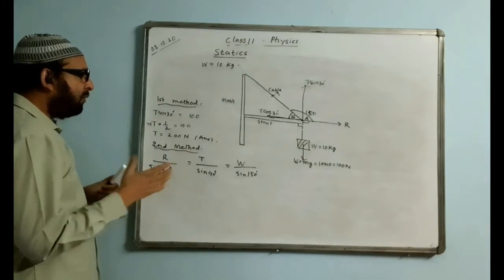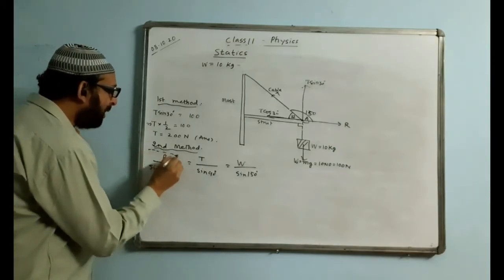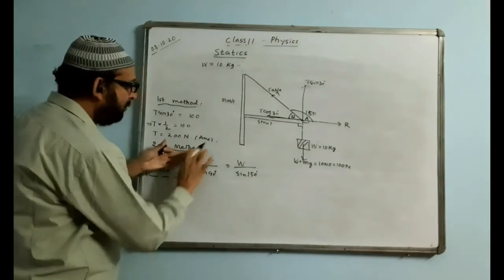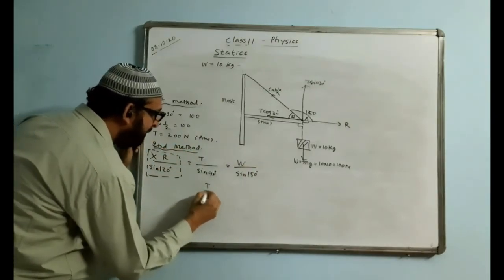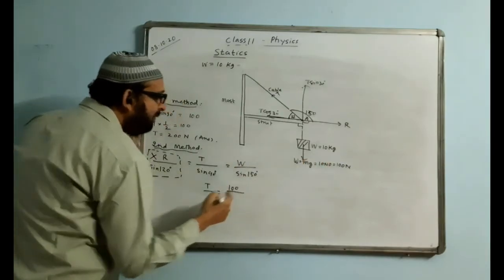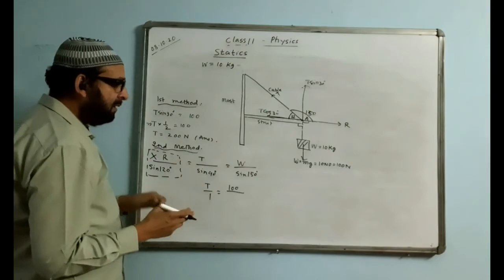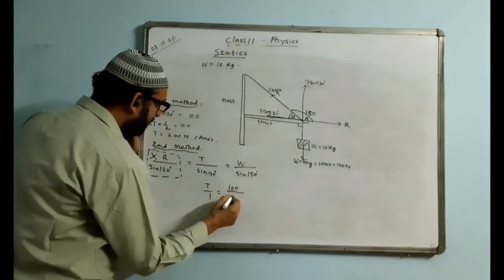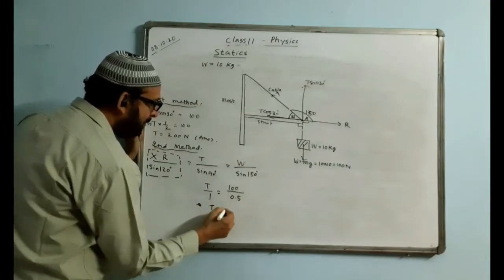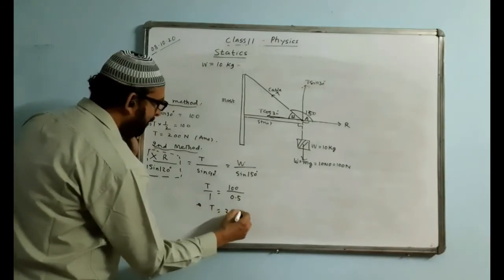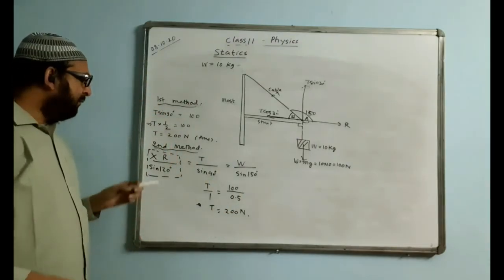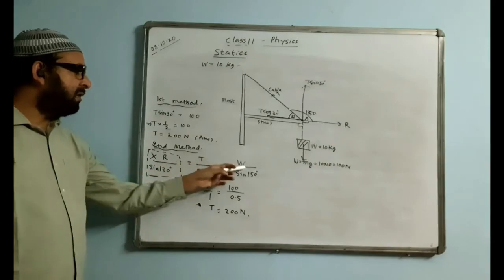Now in the question we have nothing to do with R because R is not asked. We will not take this part. We will take only this part of the equation. Here T over sin 90, sin 90 is 1. W value we have is 100. Sin 150 value you can check in the calculator, it comes 0.5. The answer will come 200 N. The same answer we got before. And if you consider R over this one, you get the value of R.